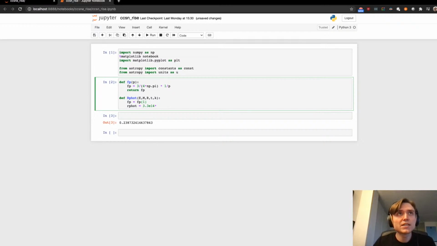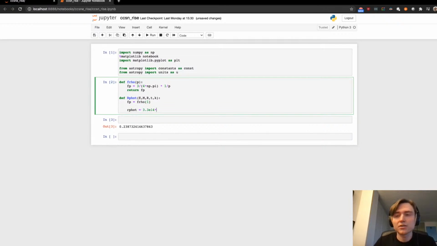I have a feeling that I've missed something. Oh, this is very bad coding. Don't do that. The problem here, which I should have realized, is that I've called my function by the same name as the variable inside it, and that's pretty bad. So let's call this f-row. That way we won't have that conflict. I think this is supposed to have a radius in it, so we'll look at that in a bit to make sure that's right. So fp to the power of